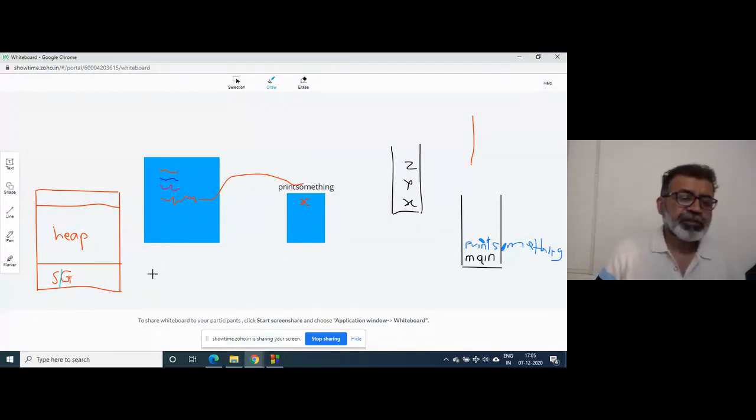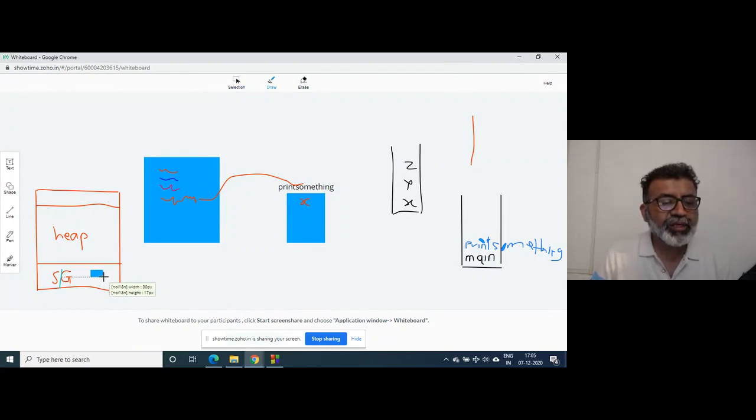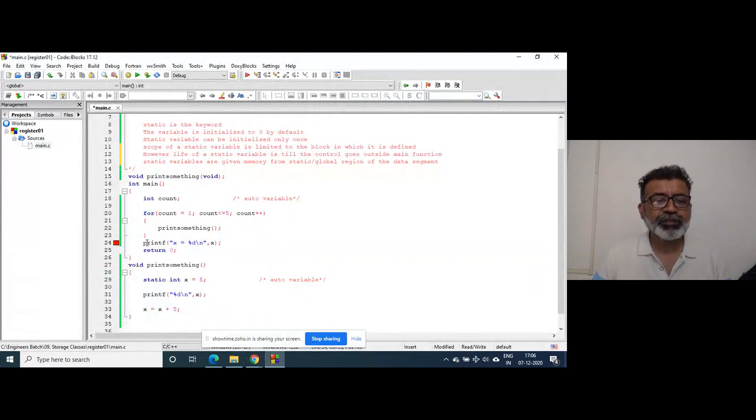So for a static variable, whatever you declare, memory will be given here. 4 bytes of memory will be given here. This will be the memory given for that variable x, which is declared as static. I will show you how to check that.